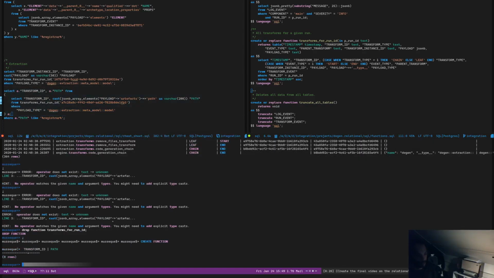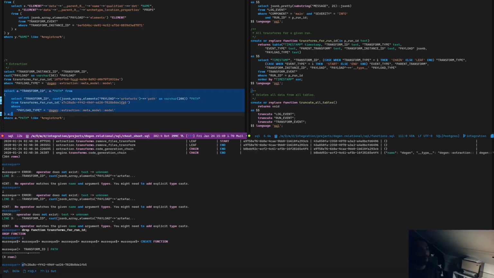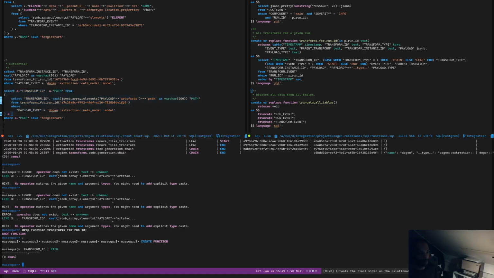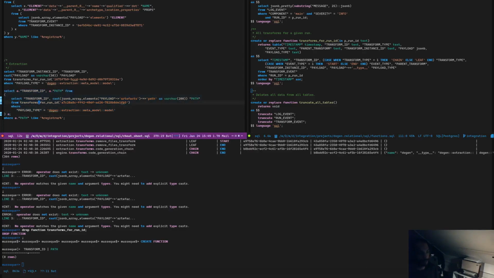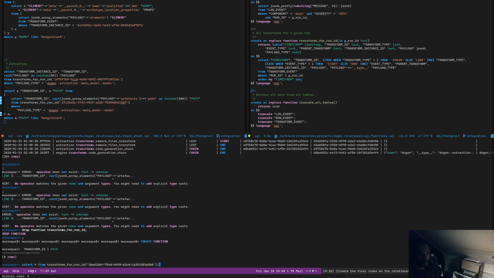If you start changing things to text, then the functions don't work anymore. Right, so now we don't seem to be able to find... okay, right, my mistake. Of course, as you can see here, this method is requesting a run, and I supplied it with a transform ID. So if I was to look for the run itself,